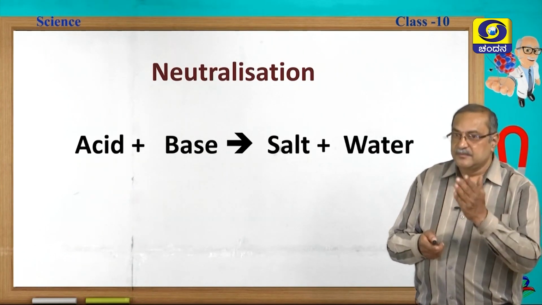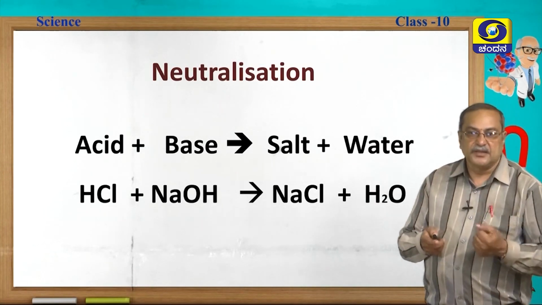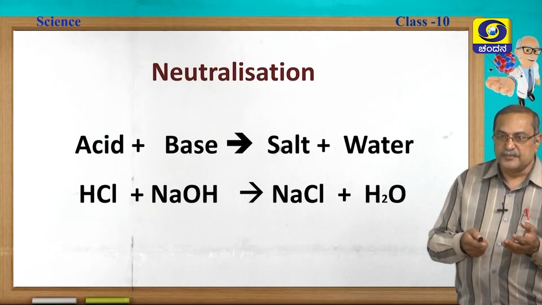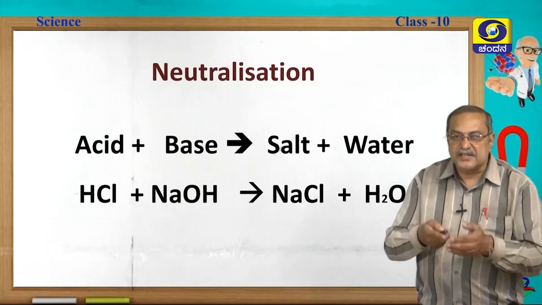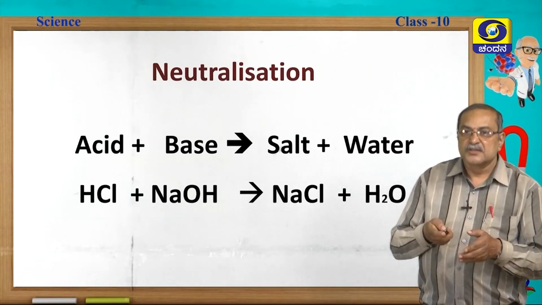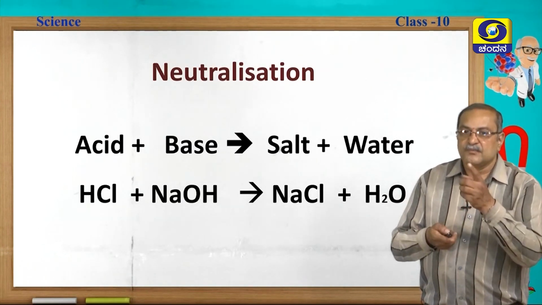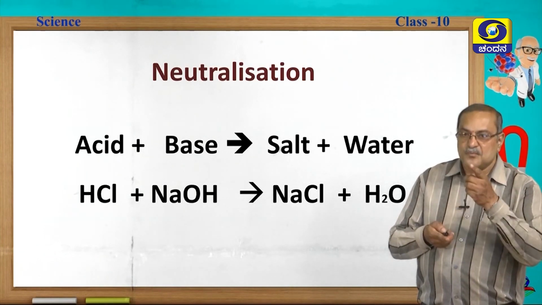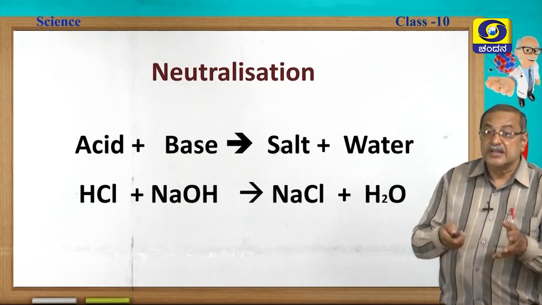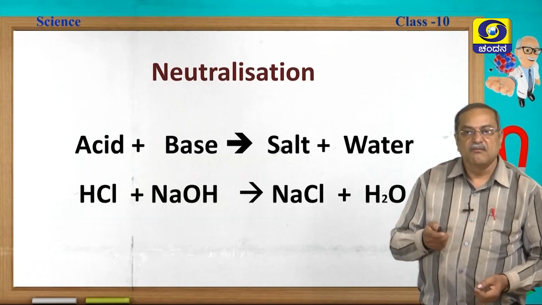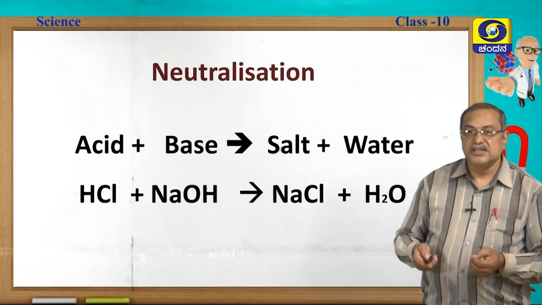Acid and base, what are they giving? We are going to get salt and water. For example, we have taken hydrochloric acid, which is a mineral acid, and sodium hydroxide, NaOH. These two react with each other. When we add them to water, they become ions, so the exchange of ions will take place. Sodium combines with chlorine, and hydrogen combines with the OH part of the NaOH. They form sodium chloride and water, a salt and water. This reaction we call a neutralization reaction.